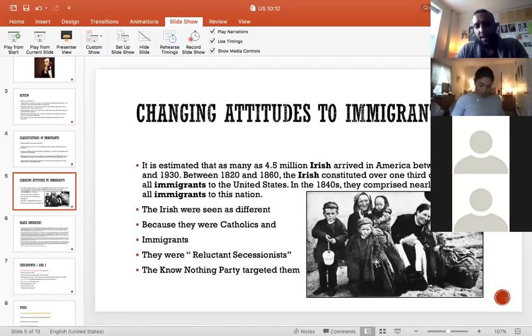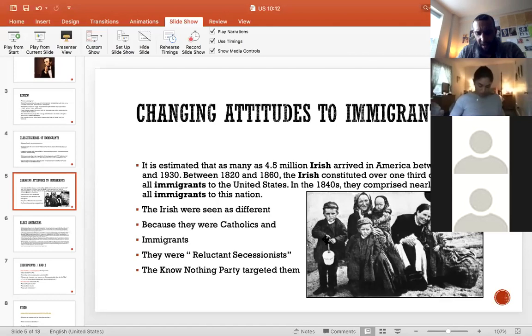They had resentment against these Irish people for the same reasons that there are problems today with immigration. When someone comes to a country and they're seen as different or seen as a threat, remember, there are two main reasons that attitudes change towards immigration, and that is the economy and their usefulness. We saw in the Civil War that 435,000 Irish immigrants enlisted in both the Union and the Confederate Army.